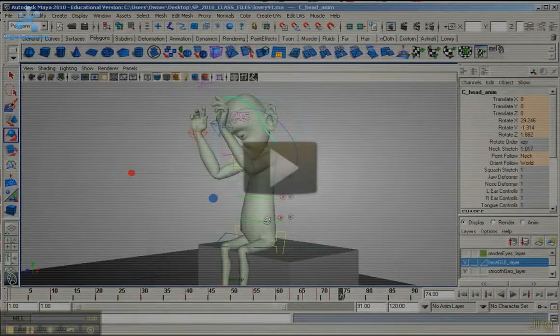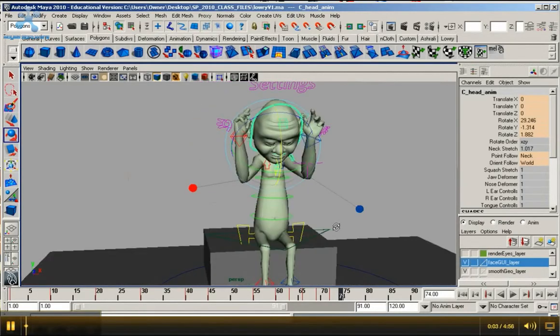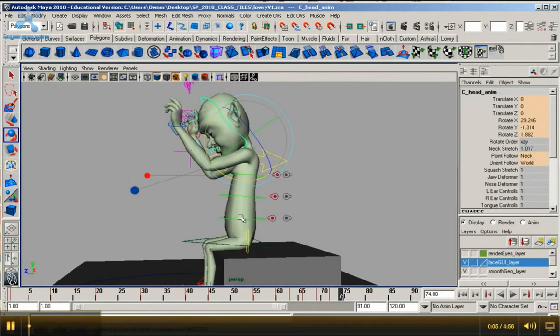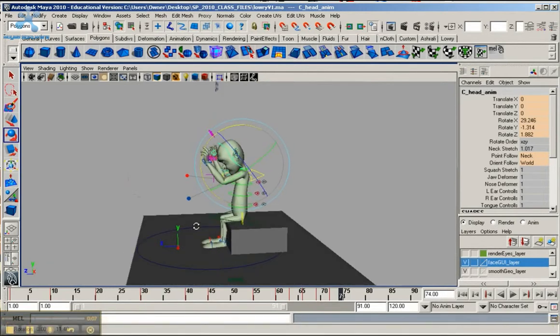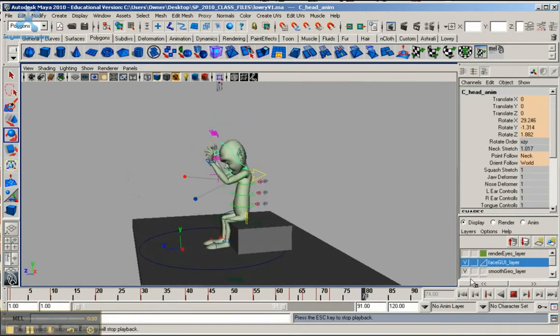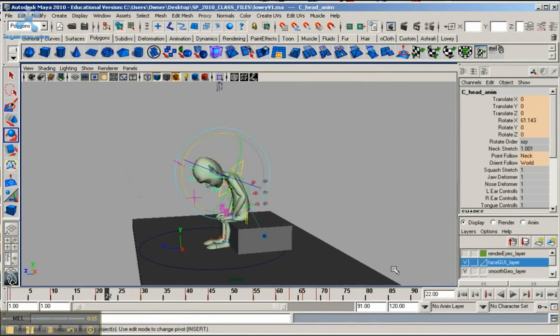Just try to create a little bit of emotion here with this character. Now we can definitely go ahead and exaggerate even more if we wish, but go ahead and play him down. So one problem we're running into here, want to add a little bit of pause,